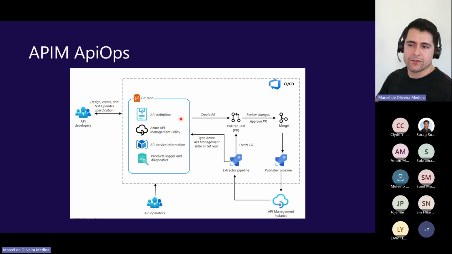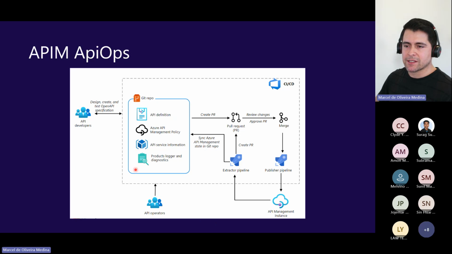What's going to be stored in here is basically schemas, right? Schemas that come from API management, which could be API definitions, policies, any sort of API service information. There are also loggers and diagnostics, internals of how the API management service works.